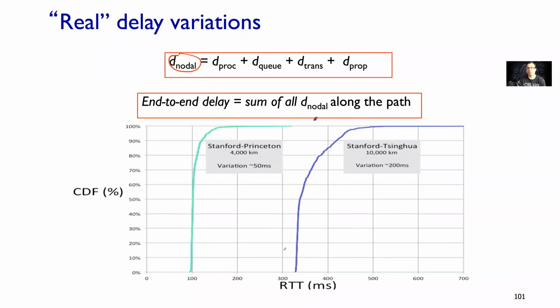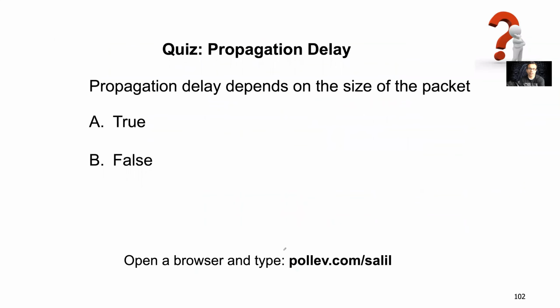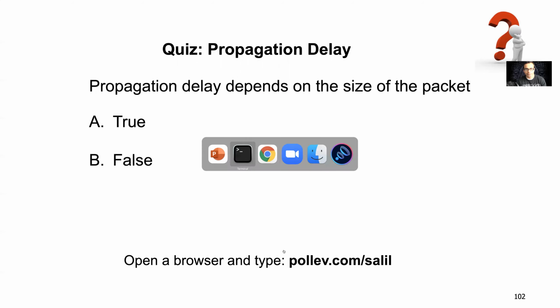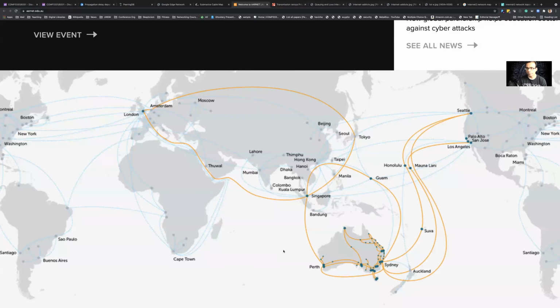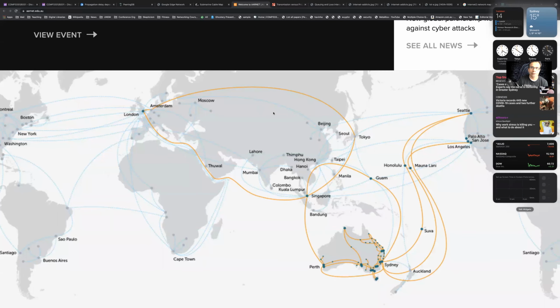And this picture here is just showing you some measurements done along certain routes, and this is showing you the cumulative CDF effectively. And you'll actually be doing some of this in your first lab. So I'll leave it at this, and you can explore this a little more in your first lab. So let's do a couple of quick quizzes now, and then we can wrap up with a short discussion on